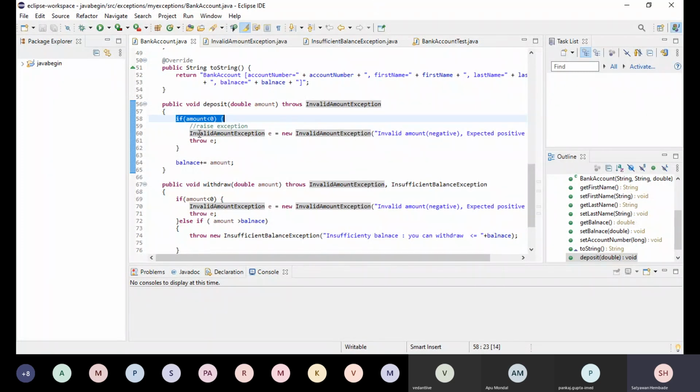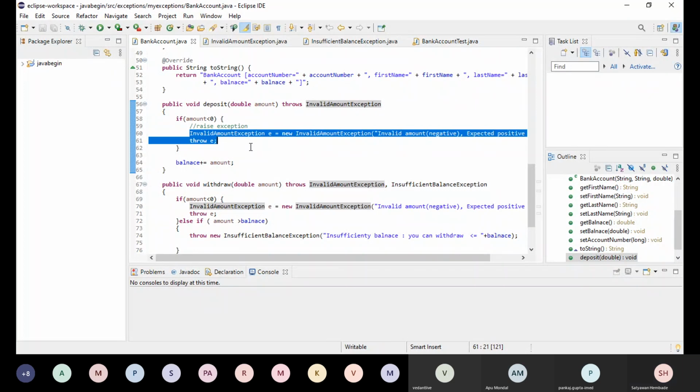So we are raising an exception here. Because if we are going to handle it here, then the question comes: how are we going to handle it? There are different mechanisms to handle it. One of the mechanisms is by using system.out.println. Another mechanism is to make